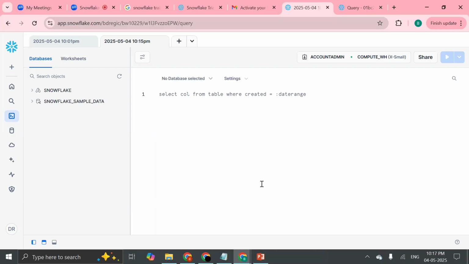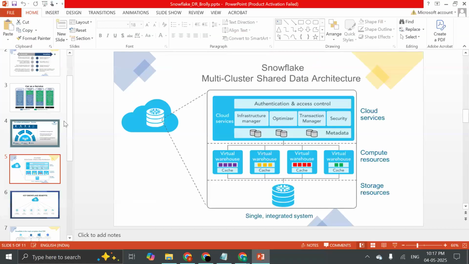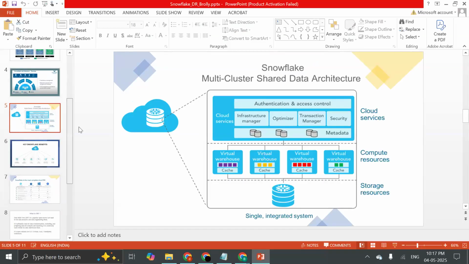And for these, the prerequisite will be, you should know SQL. You should have knowledge of SQL. If you have SQL knowledge, that is more than enough, guys, to learn Snowflake. And one more thing is, for example, if you ask about the features,